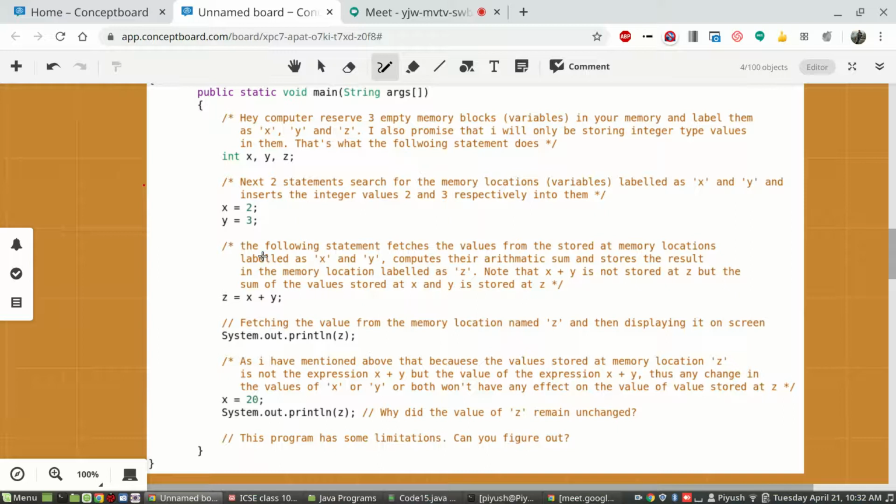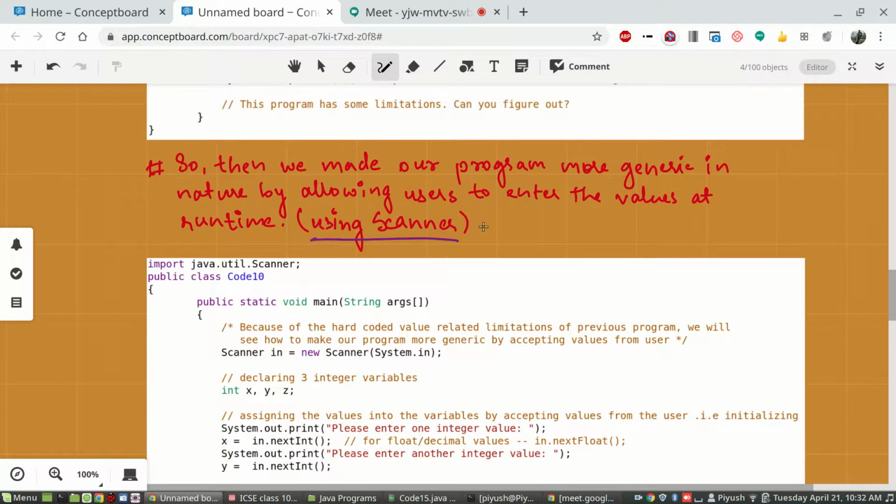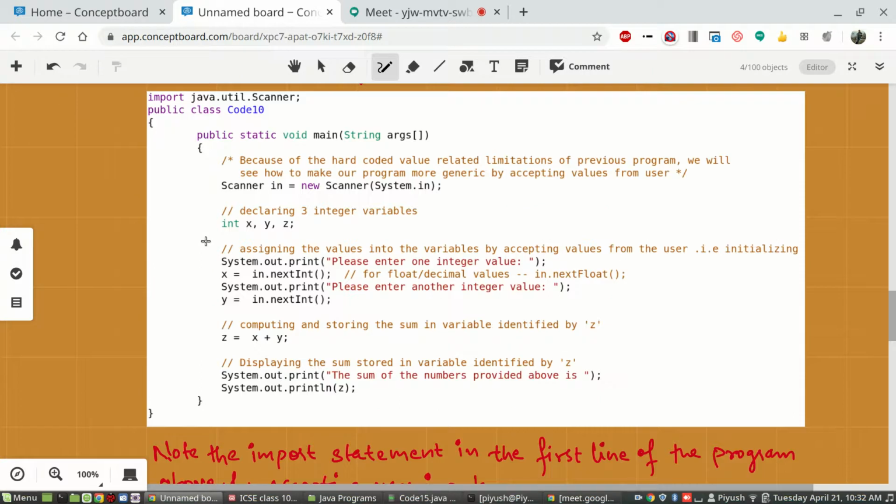What is more desirable is to have a program which will give you a generic result. What do we mean by generic result? Results which are in general. It should ask you, give me two numbers, when the user is executing it, and every time you give two new numbers, it will give you the new sum. So that is more desirable. You may get bored using this program. So how did we improve it? We improved upon it by asking the user at the time of execution, or at run time: you tell me what those two numbers are, and then I'll give you the result of the addition of those two numbers that you have provided.